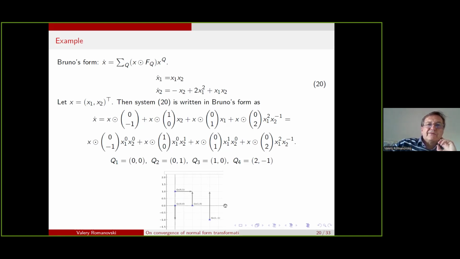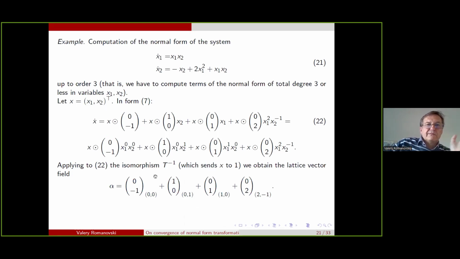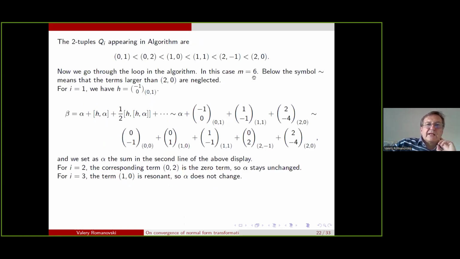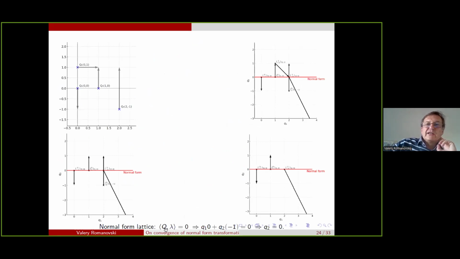So this is a vector field, but to each point of a lattice is attached a vector. Then the normalization procedure. If you just look at the picture, normal forms correspond to the line <q, lambda> equals 0. In this case, it's just this line. So it's your original vector field, but then you do normalization, it means that you get rid of vectors which are not on the line,